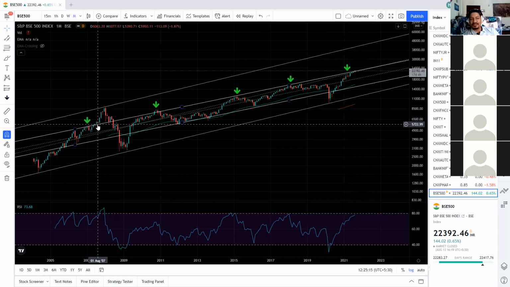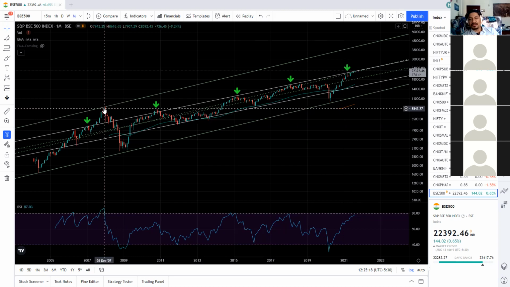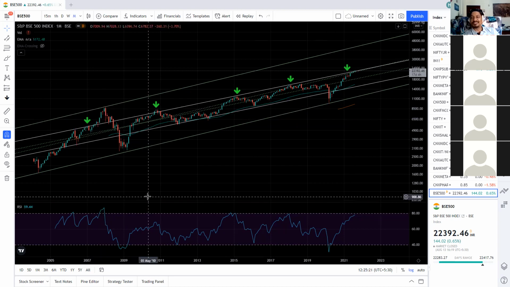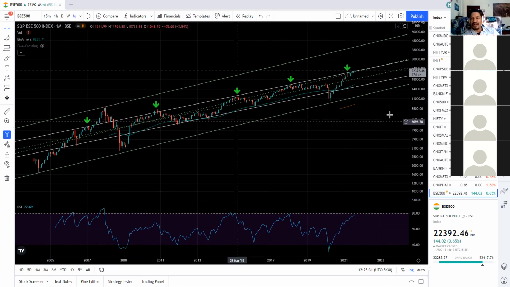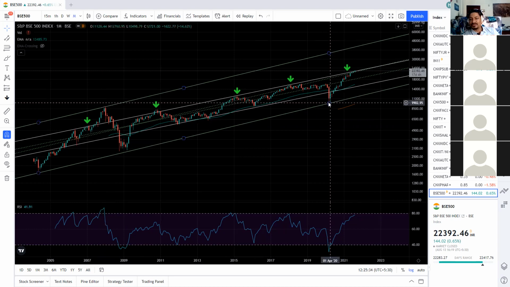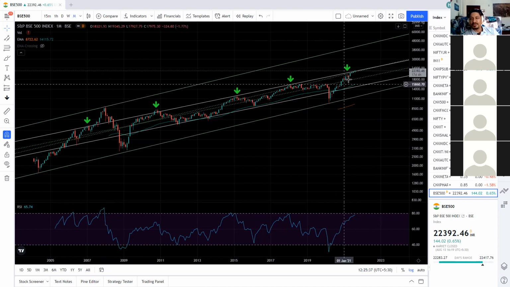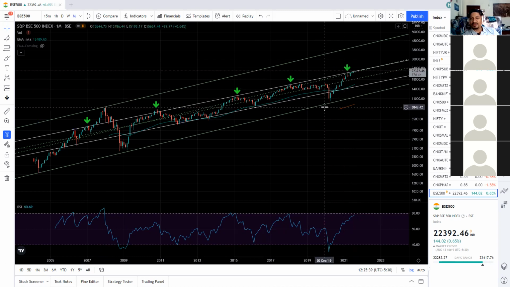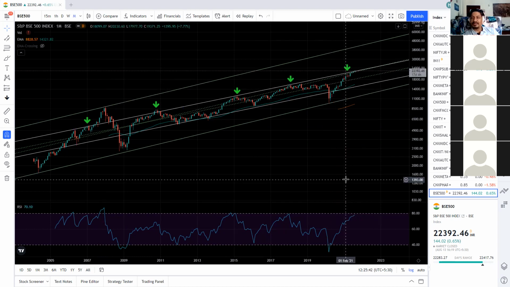Just don't consider it as a 4-month upside. See what happened here, from 5,700 it went to 8,700. That's a 60% jump in the overall market, which means stocks doubled or tripled. If the index is 60% up, how much is the index up from the bottom? 9,700 was the BSE bottom, and it is right now at 21,000. So roughly 2x. And we are seeing a lot of stocks at 5x, 6x, because this 2x is an average of everything. So the good stocks are 5x, 6x, 7x, and some stocks are like 10x.